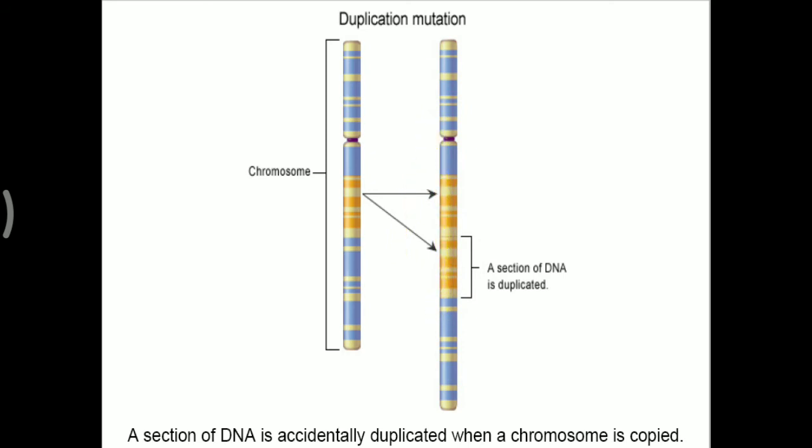So mainly three types of classification that you have to remember. First, substitution: purine to purine, pyrimidine to pyrimidine, or sometimes purine to pyrimidine. Second, deletion. Deletion is also subcategorized by whether a single nucleotide base is deleted, a genetic codon is deleted, or a whole portion of the gene is deleted. In the same way, insertion: a particular nucleotide is added, a genetic codon is added, or a whole portion of the gene is duplicated. So these are the main three classifications of mutation.